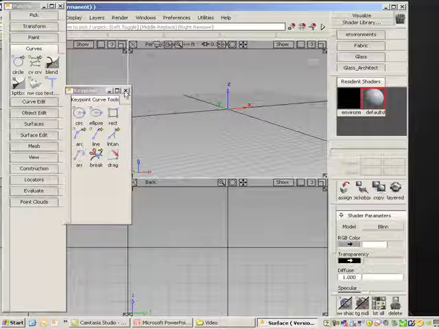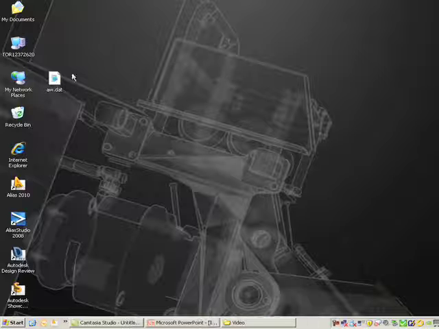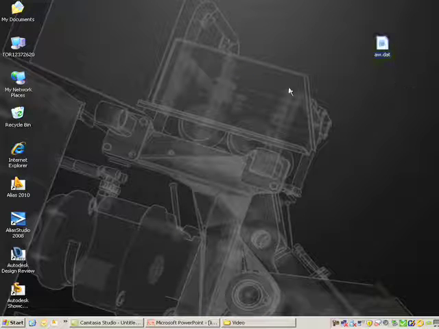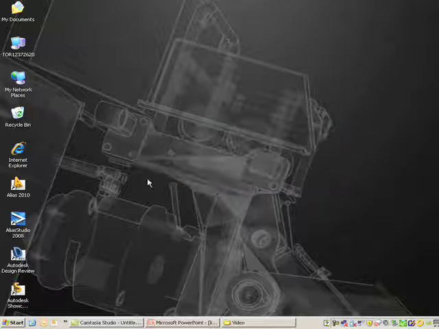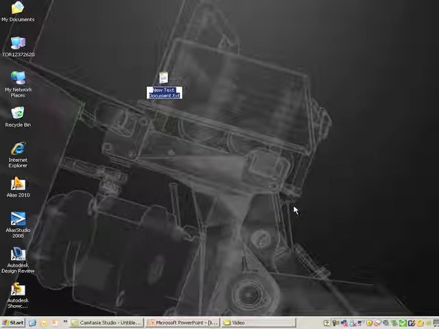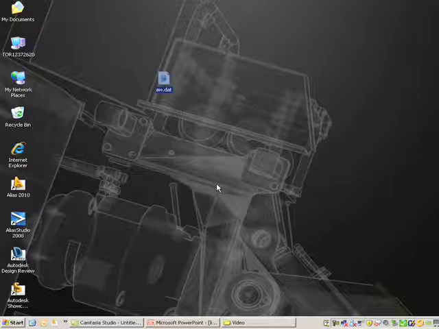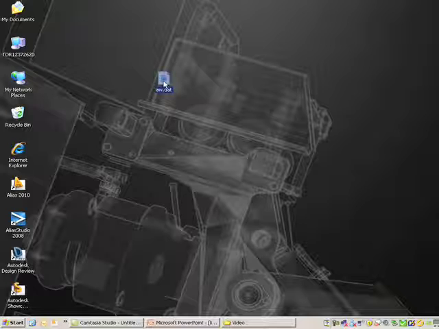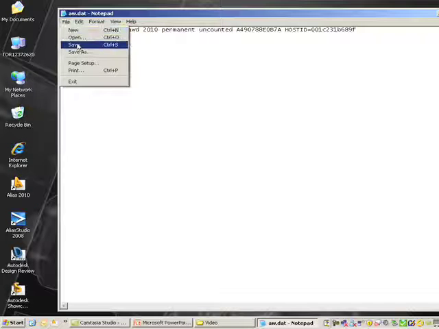Now if you don't want to use a wizard, there's also a manual way that you can do it. So if you already have a file or a string, I'm going to delete this, and I'm going to create a new text document, and I'm going to name it aw.dat. This is the name you should use to install the Nodelock license. I'm going to open it, and I'm going to paste it into there. I'm going to save the file,